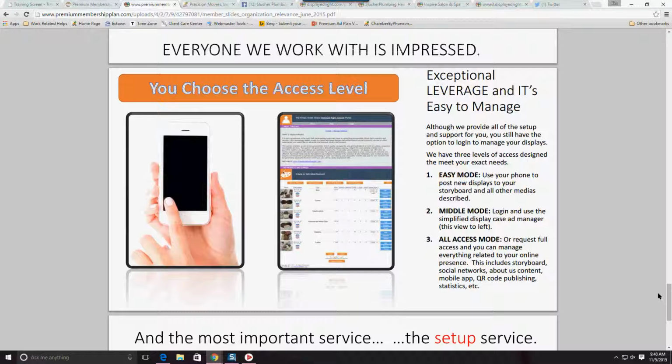There is no additional fee. If you were to call our office every single day to manage something every day, we would not charge you because, again, you are a premium member, and we are happy to do that for you.